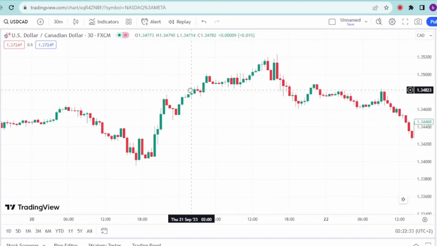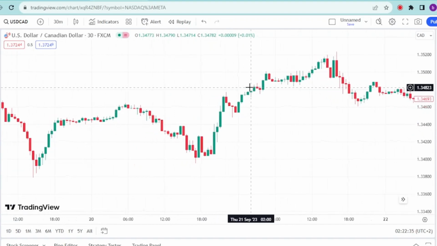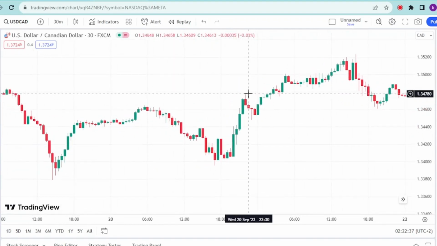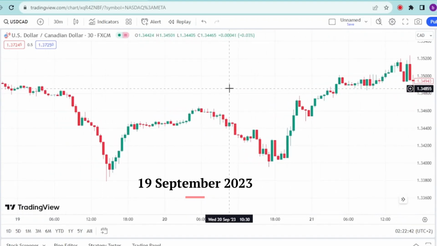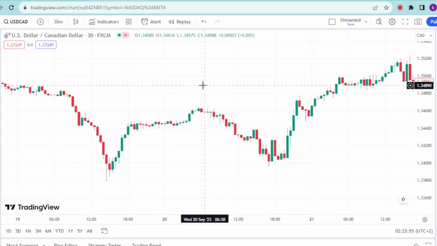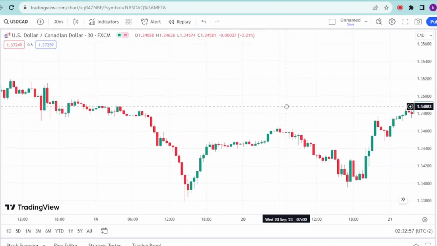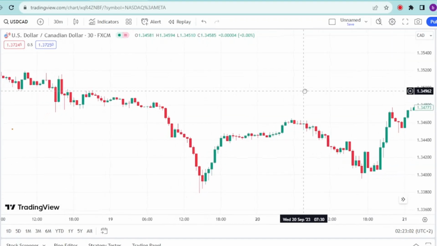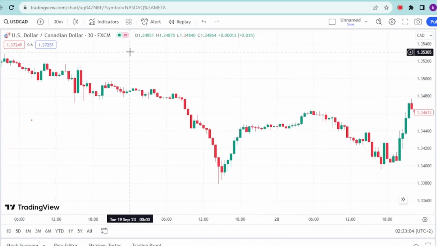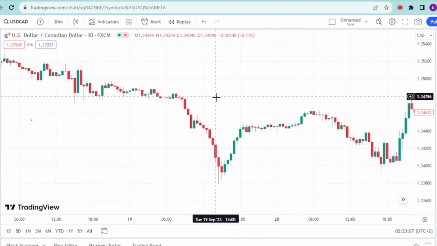Okay, so we're going to be showing you the previous two news releases, which were the 19th of September 2023 and the 17th of October 2023. That is when the CPI of the Canadian country was released. So we're going to be showing you with a 30 minutes time frame,